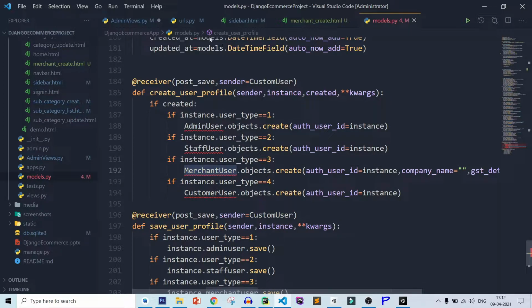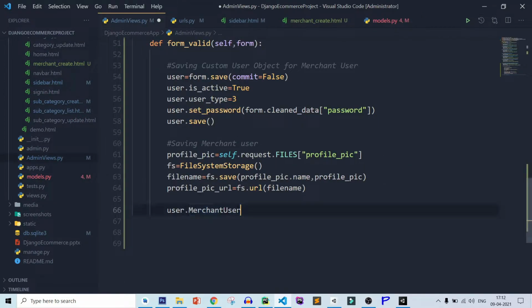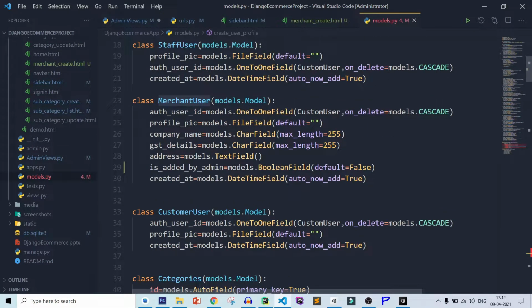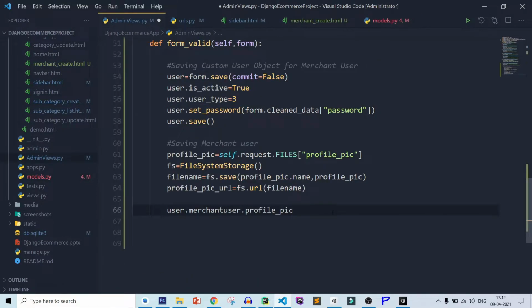So after this, copy it and merchant user, and make sure it is in small letters. So merchant user dot, let's see the merchant user data or fields, profile pic equal to, you need to pass profile pic.